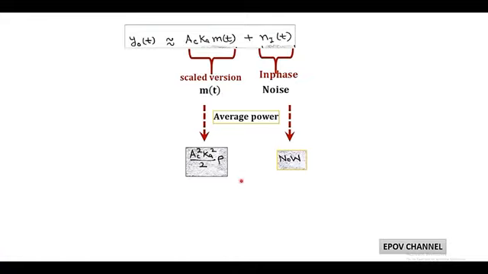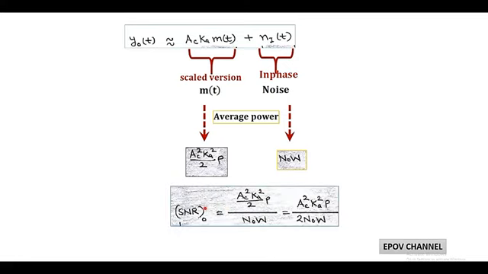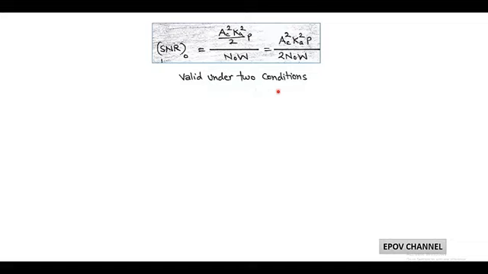Now taking the ratio of average signal power to average noise power, we get (Ac² Ka² /2) P upon N0 W. And after simplifying we get Ac² Ka² P upon 2 N0 W, called as output or post detection SNR. This output SNR is valid only under the two conditions. First is high signal to noise ratio, which means we assume signal much larger than noise, that is high